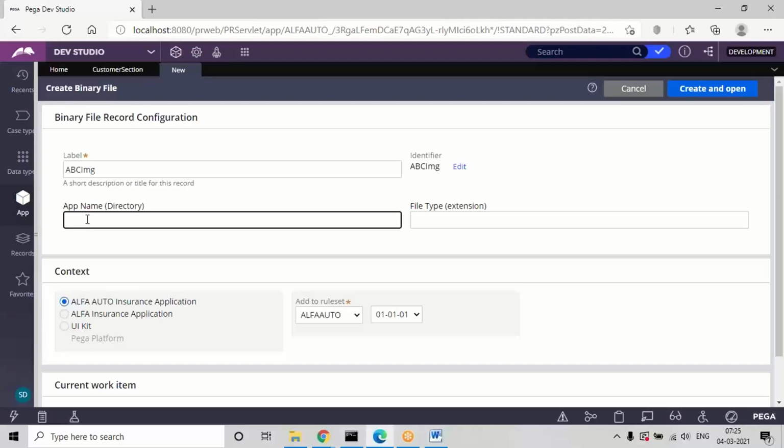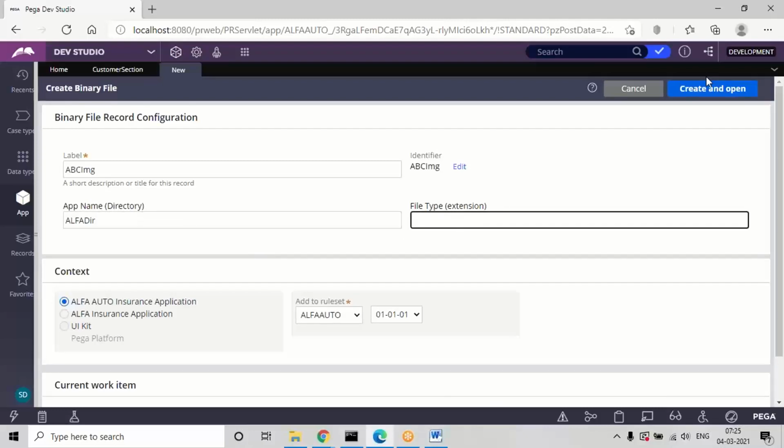So for another image there's no need to give a new one. Directory means some folder will be created in the backend, and under that folder all the images will be assigned. So I'm giving some name. This can be any name, but for any images from this application that you load to the directory, next time also give the same directory name.